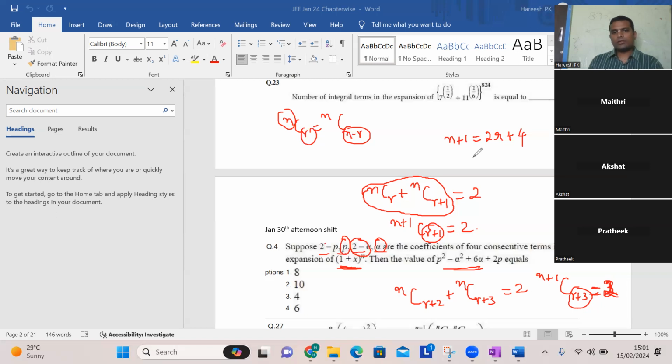True. But can we directly use that here to find out what is r? If I put here (2r plus 4) C (r plus 1), p 2. But what 2C1 is, is 2. If you put r as 0,